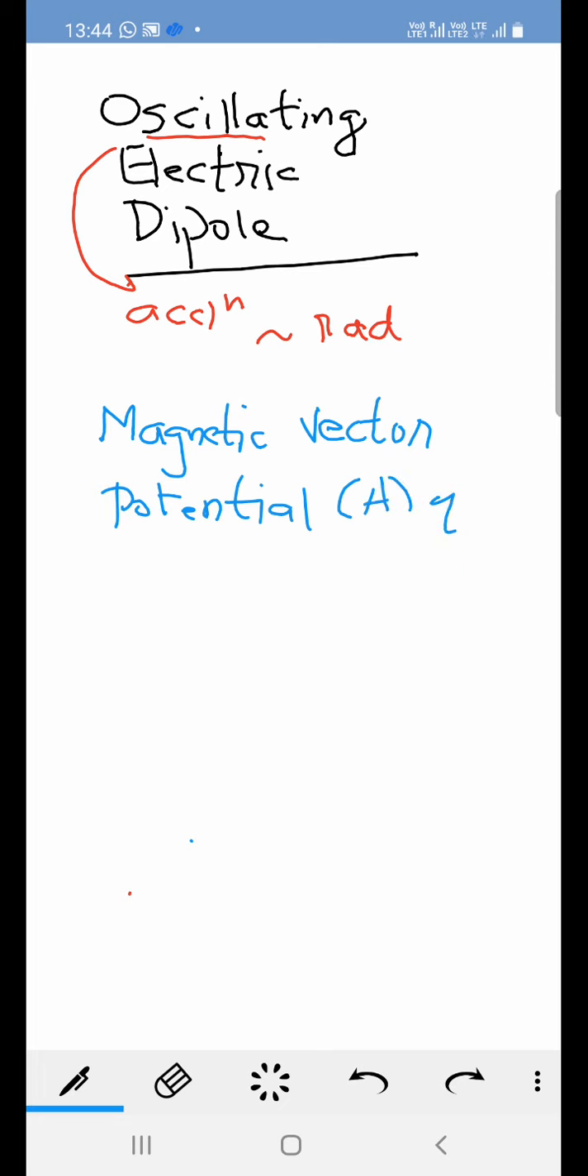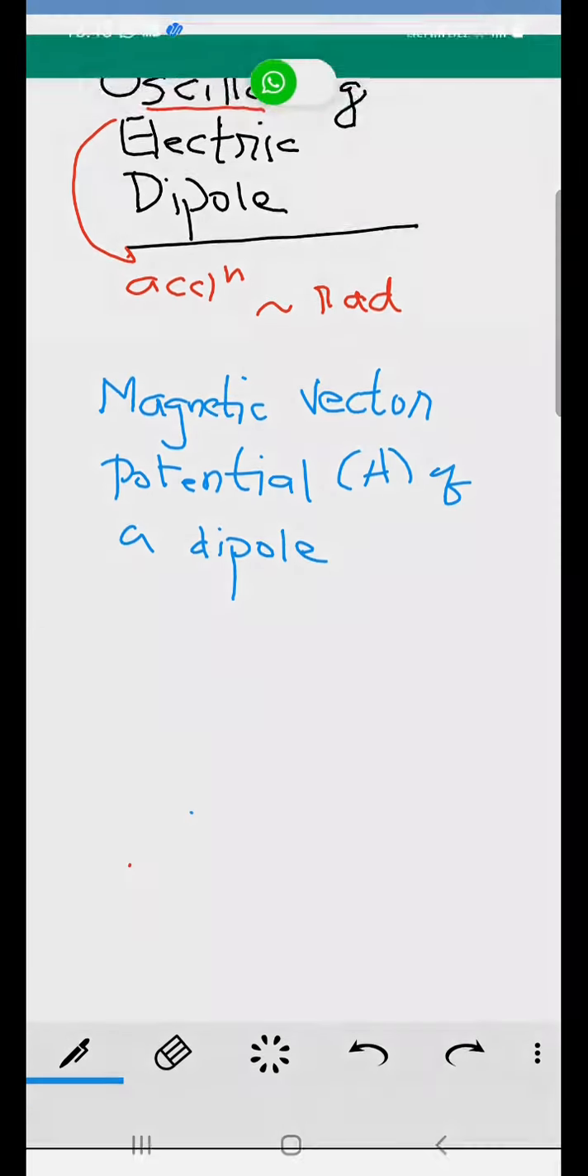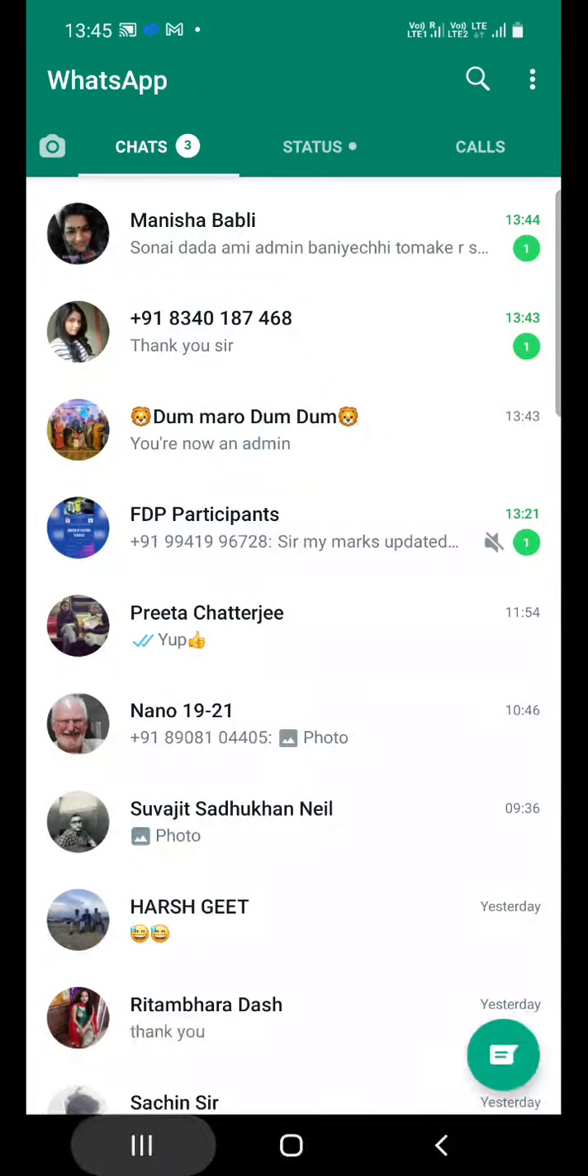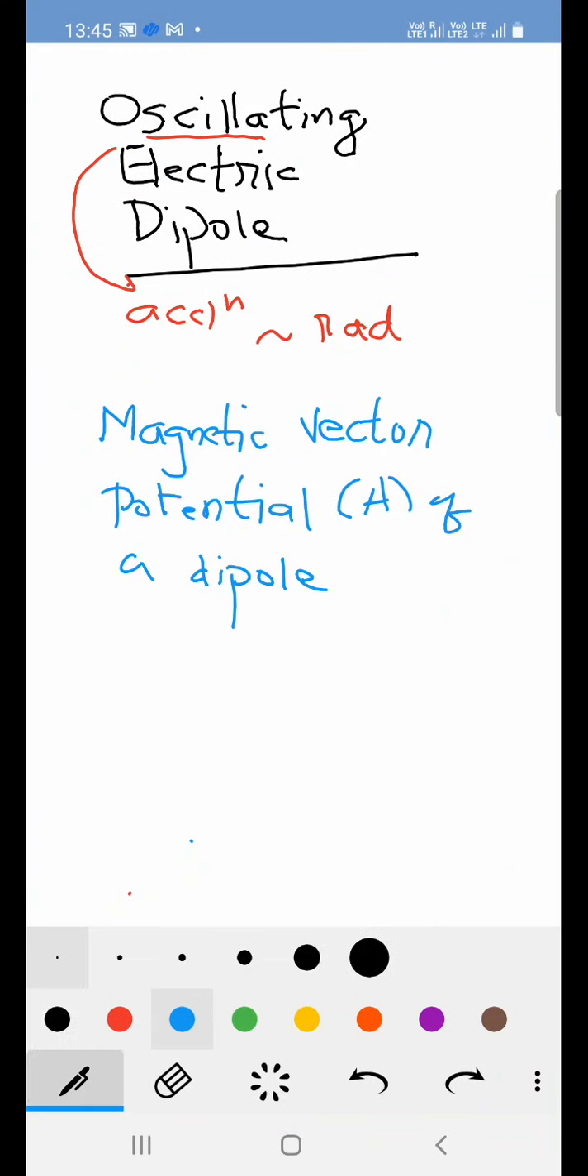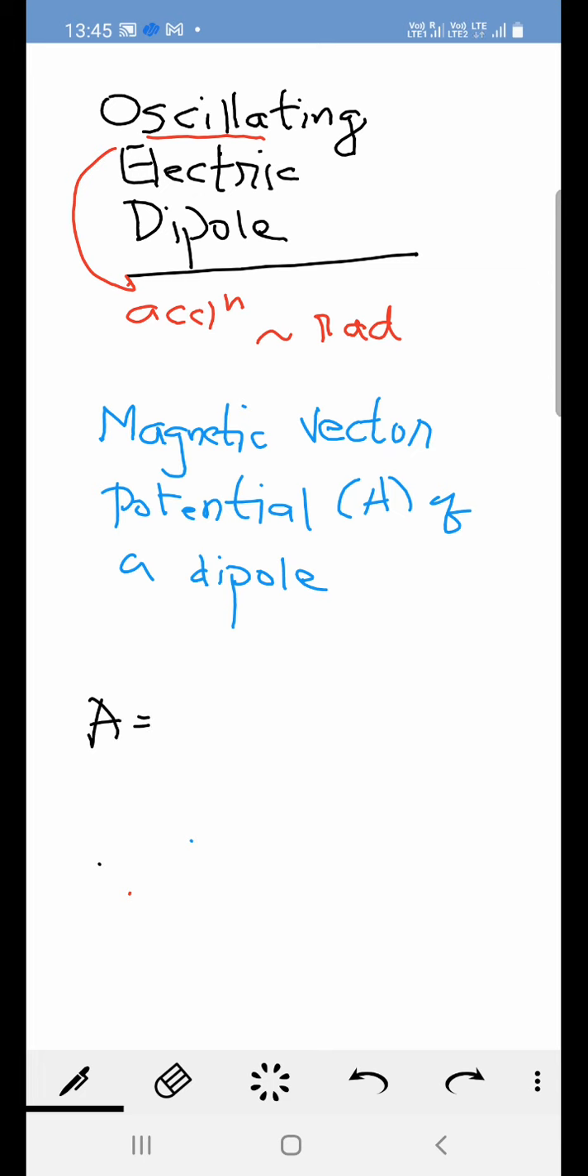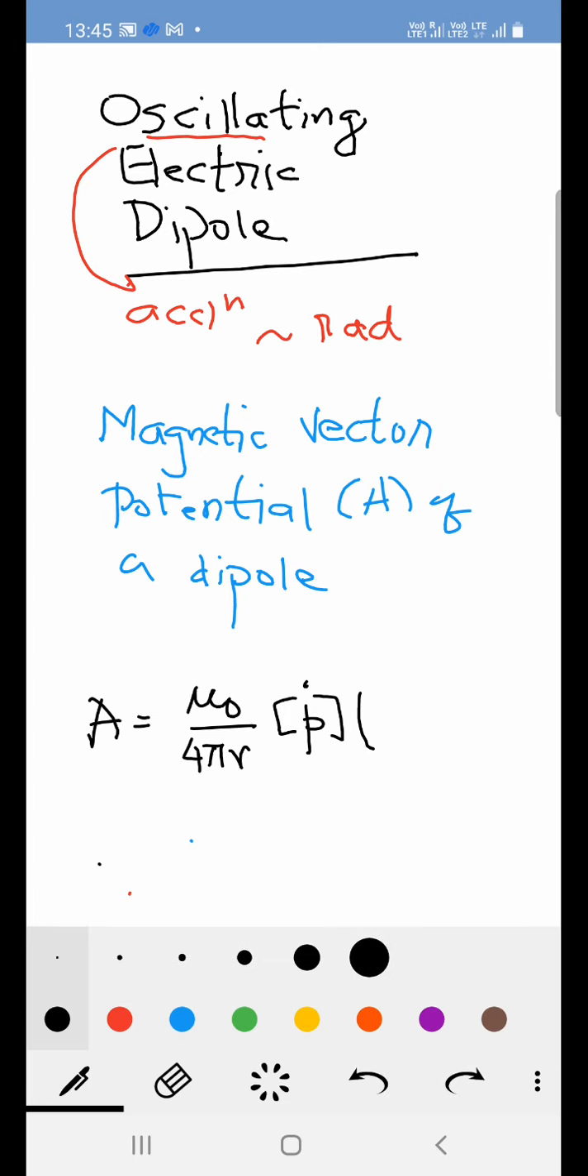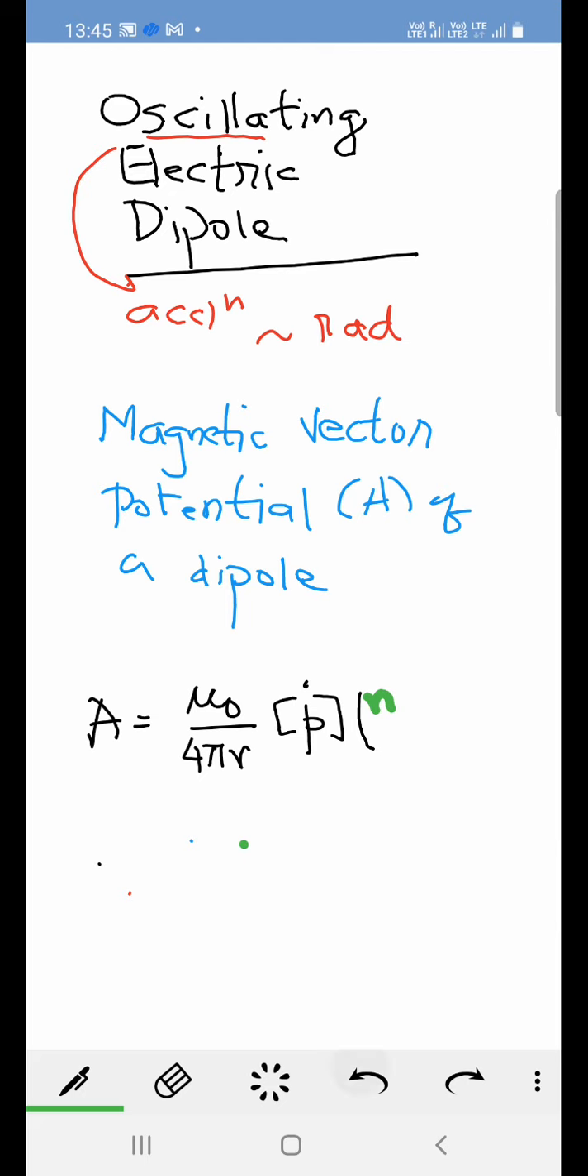Now, the magnetic vector potential denoted by A of a dipole is given as A is equal to mu 0 by 4 pi r, p dot into nr cos theta minus n0 sin theta,